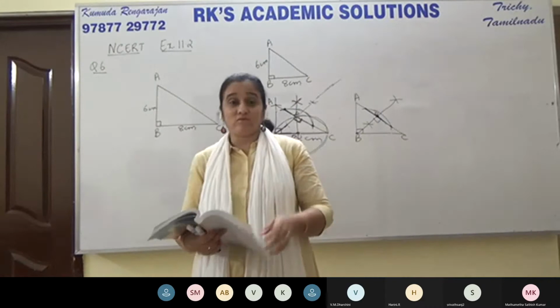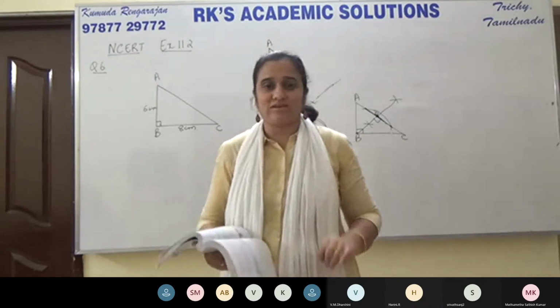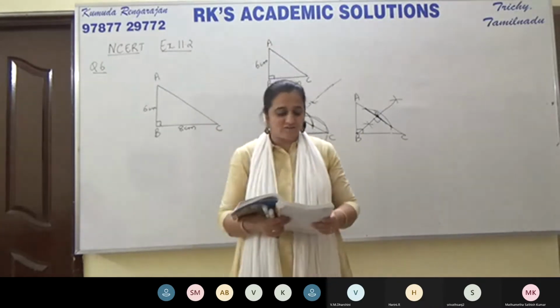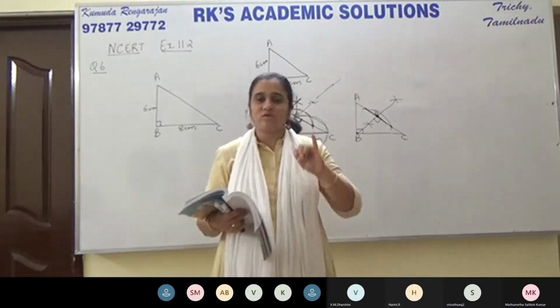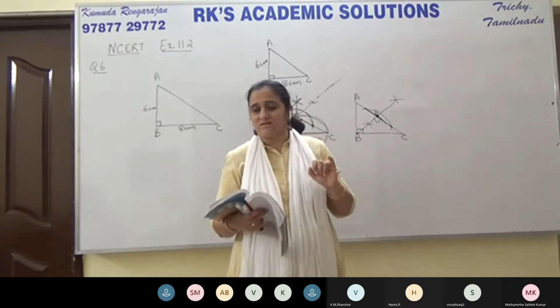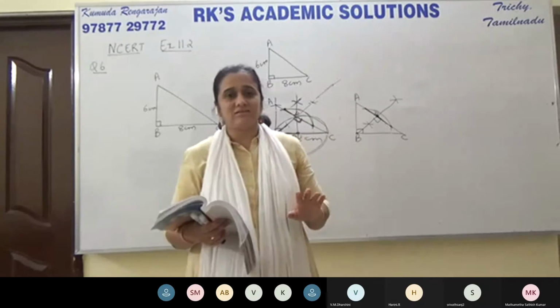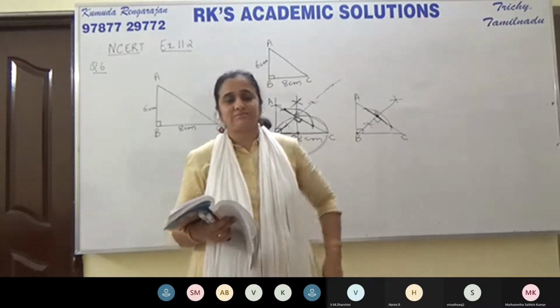That's it. What else should we do? Construct tangents from A to the circle. Okay, so we have 4 things to do in this question actually. First is to draw the triangle. Is my voice audible? Is it clear? The board is clear?